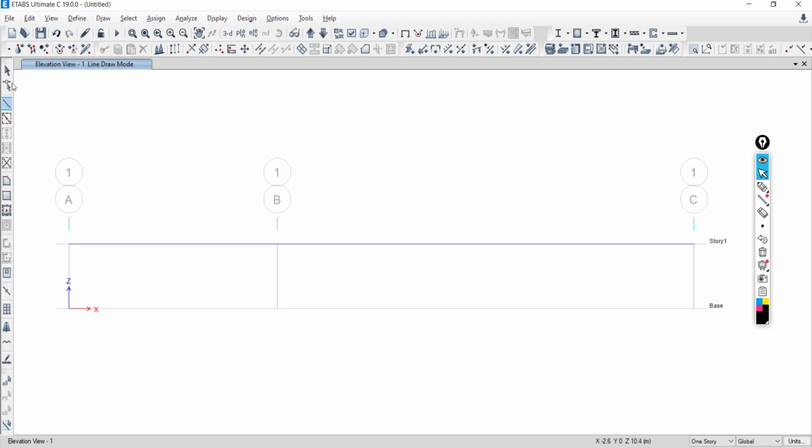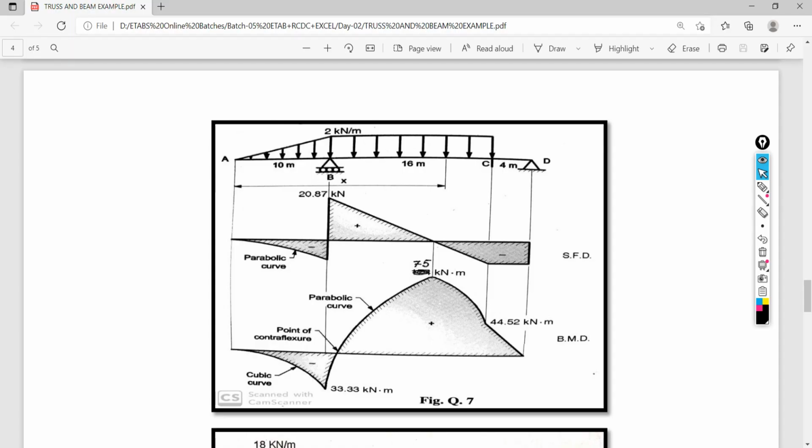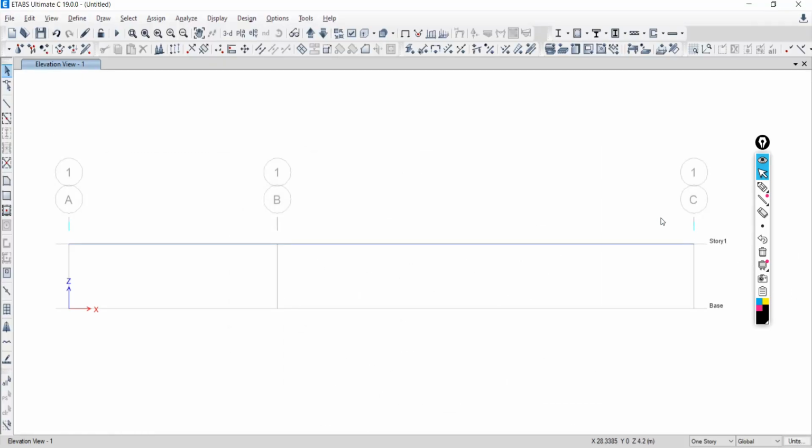That command is there. First off, you can deselect by just clicking over select object. Also you can press the escape button on your keyboard. Now we have to assign the support first. So look back. On the right side, hinge support is there. Just drag from left to right and let the joint become inside of the box.